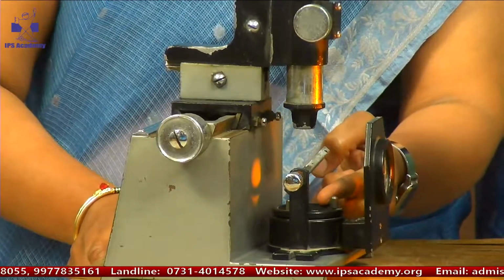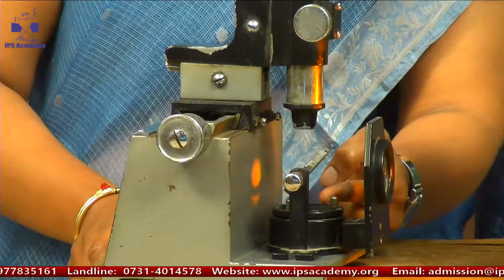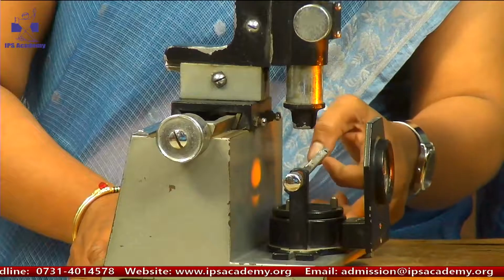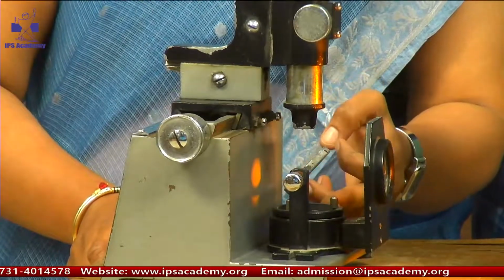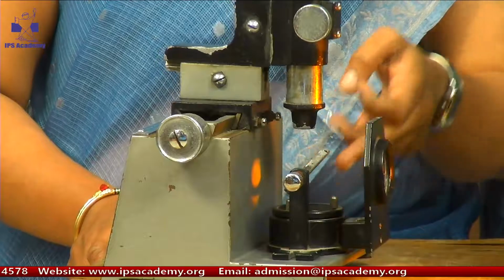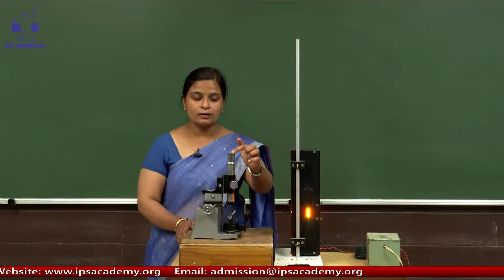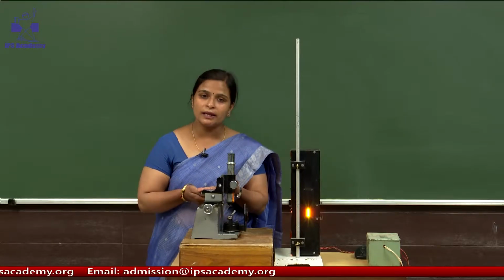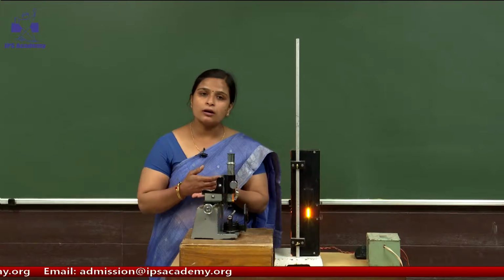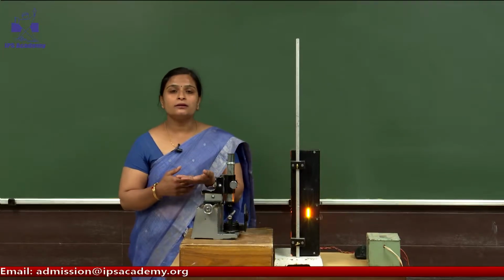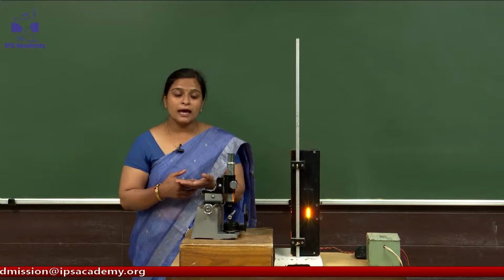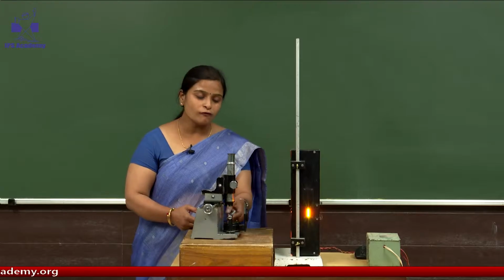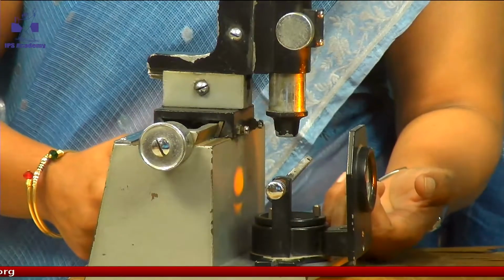Light will fall normally on the plano-convex lens and the plain glass plate. I have discussed the theory earlier. So light will travel the same path after reflection from the plain glass plate, and we can observe this light in this lens. Because there is an air film between the plano-convex lens and the plain glass plate, interference occurs, which is produced by division of amplitude, and we will observe the rings in the gap between the plano-convex lens and the plain glass plate.